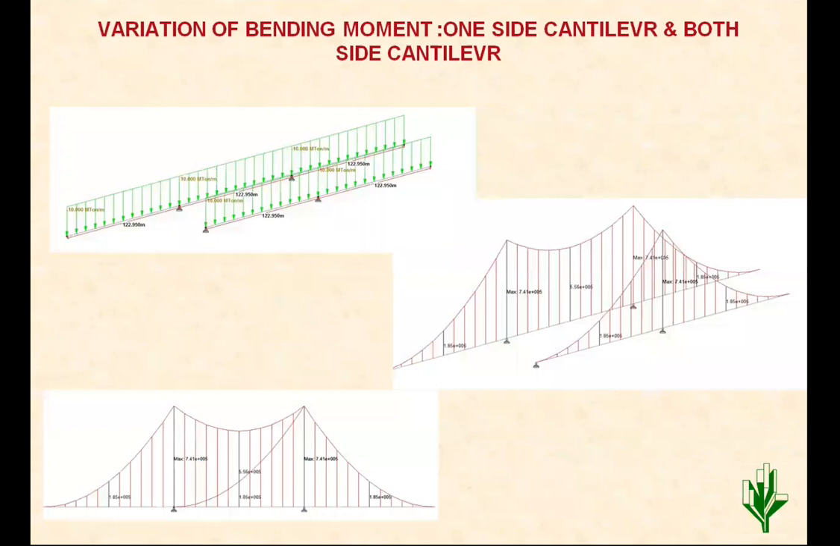So in any bridge, this is just the output of whatever we have seen here, that one span, two span modeling, then uniform load is applied. Then whatever the bending moment diagram, that difference you will see, like what I said, when the two spans are there, the bending moment is just one third of the other case. So strengthening of this